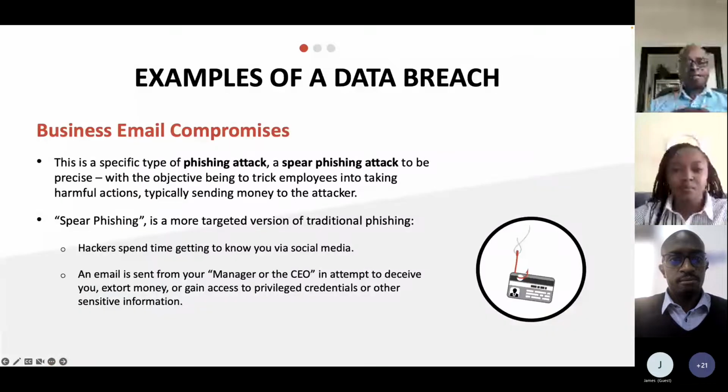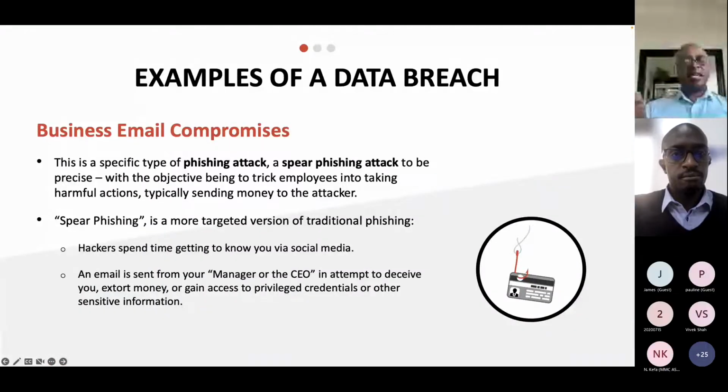The other one I want to touch on is business email compromise. This is a specific type of phishing attack, a spear phishing attack to be precise, with the objective of tricking employees into taking harmful actions, typically sending money to the attacker. Spear phishing is a more targeted version of traditional phishing. Here, hackers spend time getting to know you via social media, and then an email is sent from your manager or the CEO in an attempt to deceive you or extort money from you, or gain access to privileged credentials or other sensitive information. This type of attack mainly operates through email